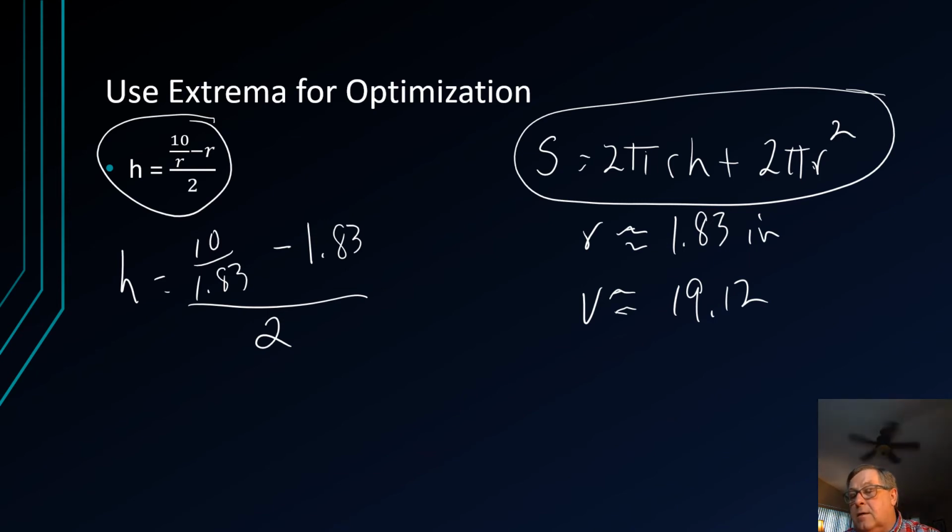Let's say 10 divided by 1.83, and that comes to 5.4644, and then we're going to subtract from that 1.83, which is 3.6344, and then divide that by 2 for our height, and you can put all that in your calculator if you care to. We come to the height being approximately equal to